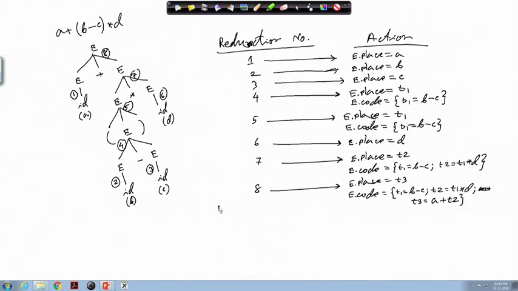So, we have got T1 equal to B minus C, then T2 equal to T1 star D and then T3 equal to A plus T2. So, this is the final piece of code that is generated. So, you can generate 3 address code in this fashion. So, next we will be looking into another example which is again for an arithmetic expression, but it is slightly more